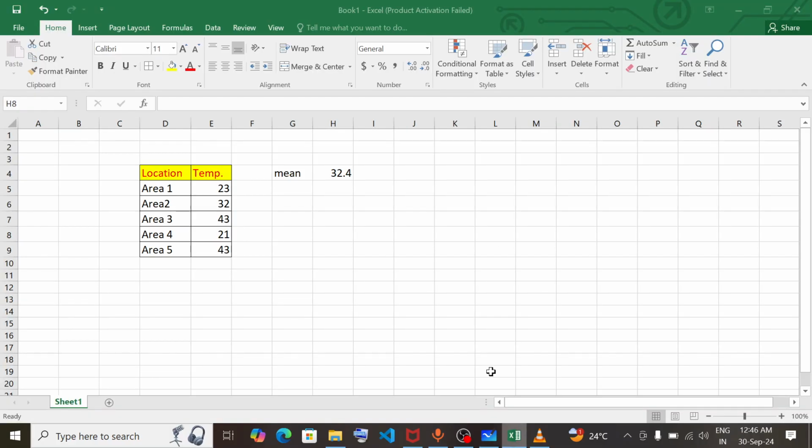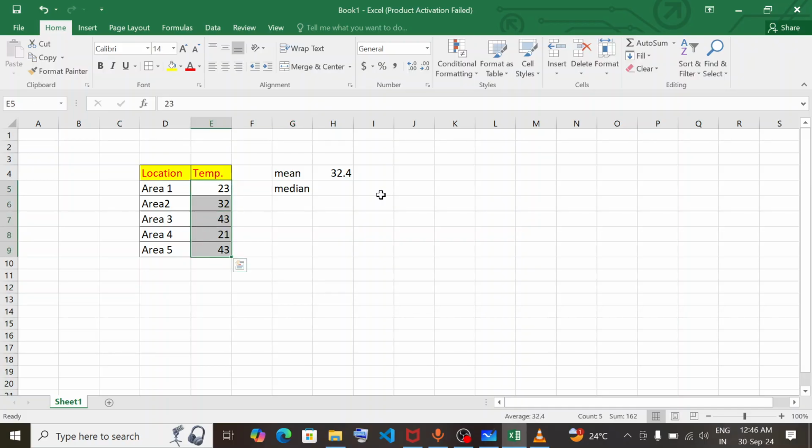If we talk with an example here, let's say I have three data points, 1, 2 and 3. Such an arrangement is called ascending order. And if I arrange in reverse order, 3, then 2, then 1, this is what we call descending order. So while calculating median, it's very important to arrange your data in ascending or descending order. Here we have this data: 23, 32, 43, 21 and 43. If I have to calculate the median,